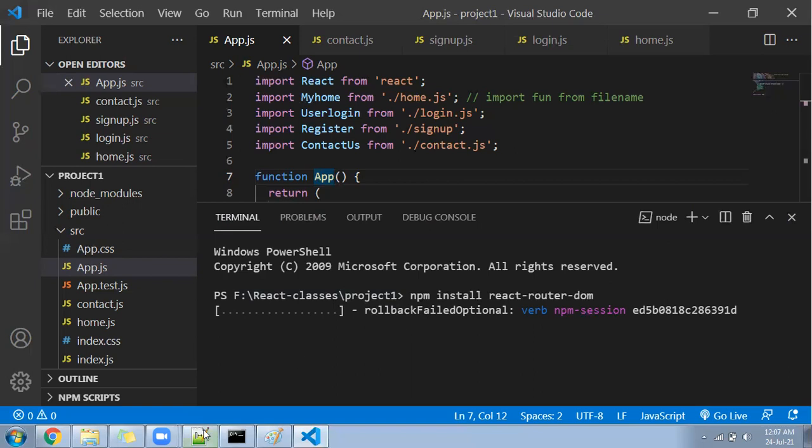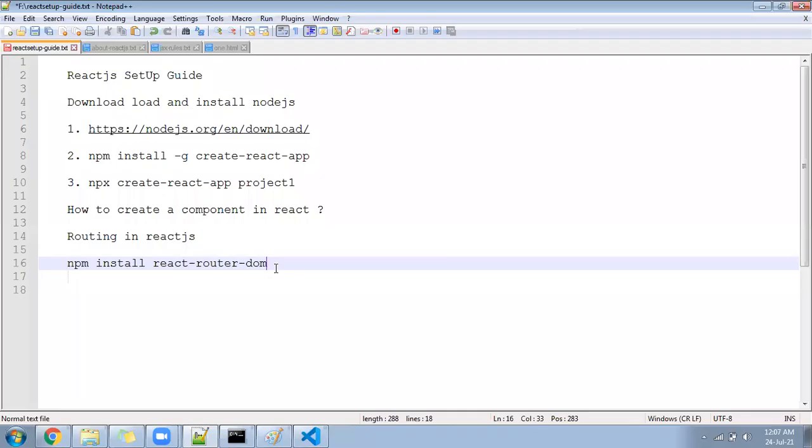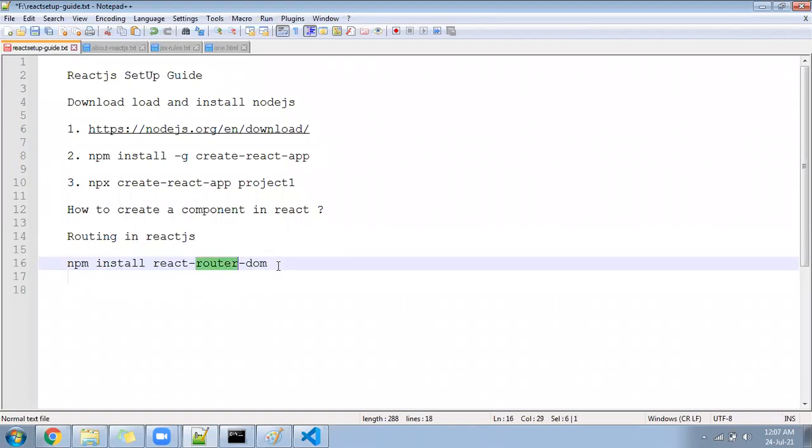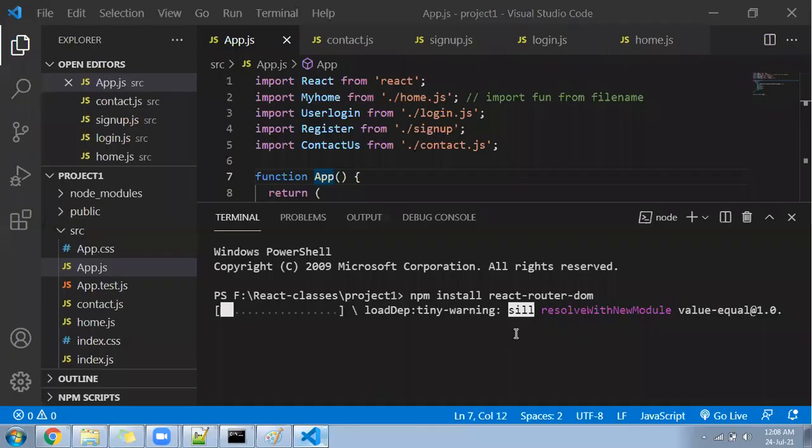Which package are you installing? Look here, I have written it: npm install react-router-dom. React Router DOM is the name of the package that you are going to install. Installation has started and is going on.